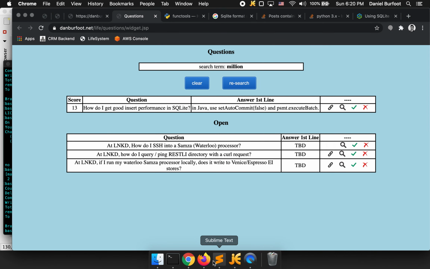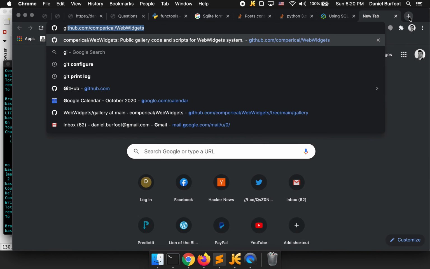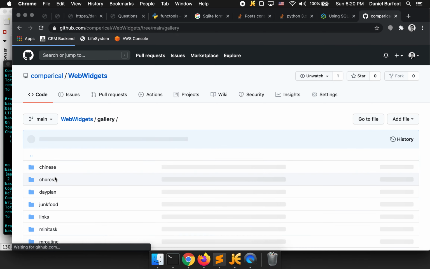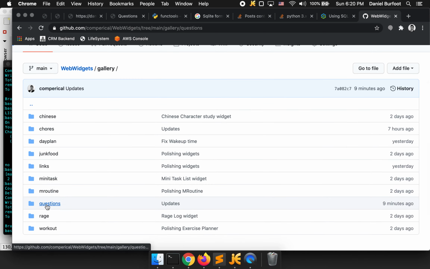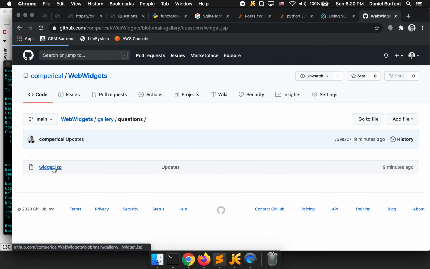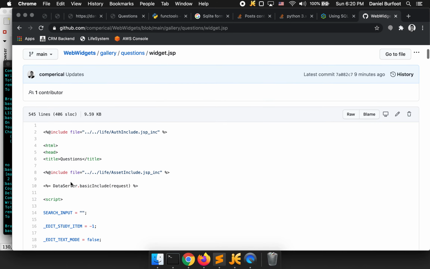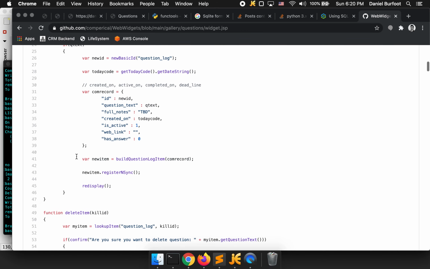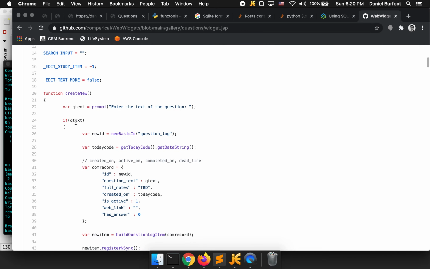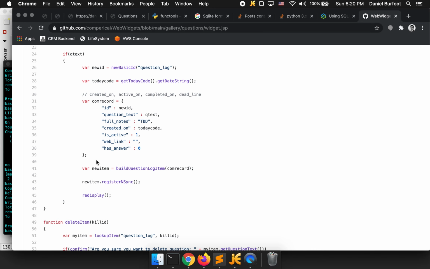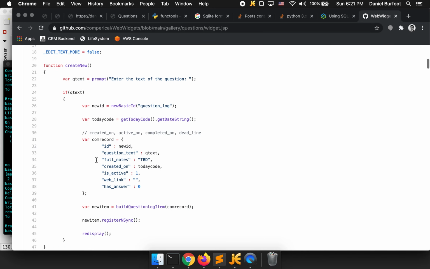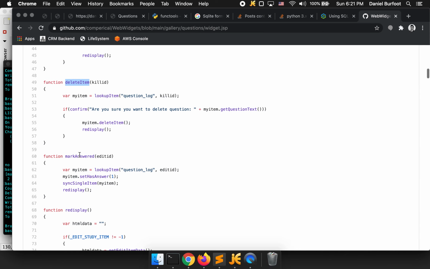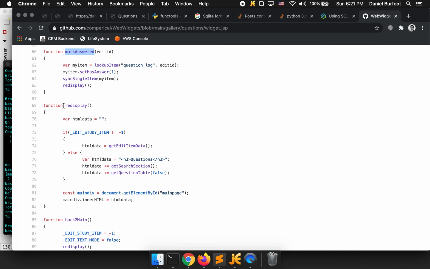I'll show you a little bit about the code. Again, in these videos, I just want to touch briefly on how the code works and what it does. It's one page, about 500 lines of code for this functionality. And a lot of it is boilerplate, like create new is the same kind of create new operation that I do for all the other widgets: delete, mark as answered. These are all kind of the same. Then it's got a redisplay